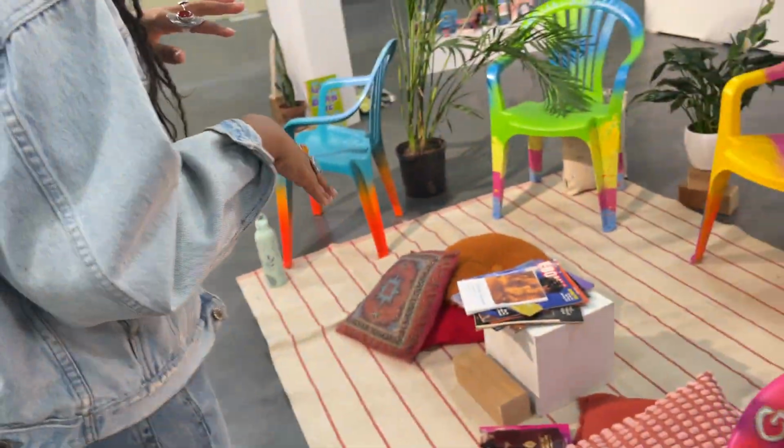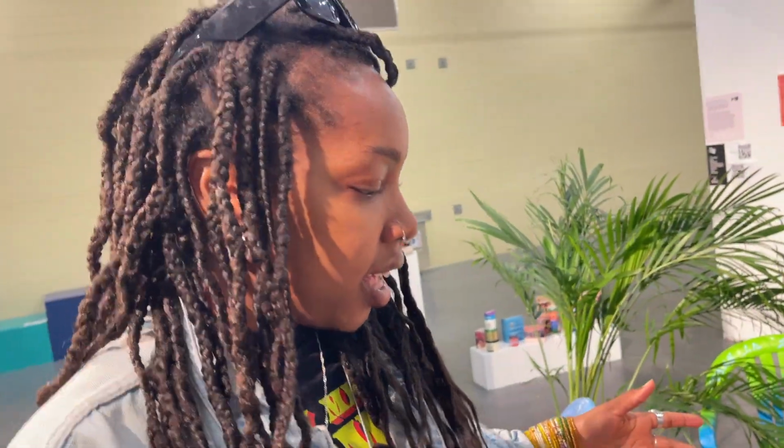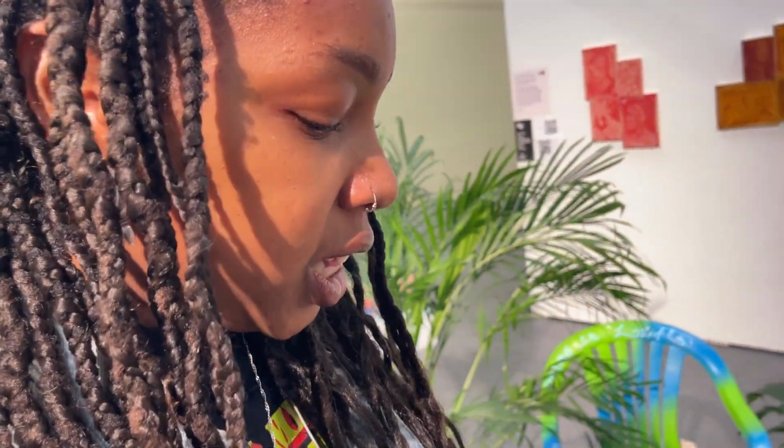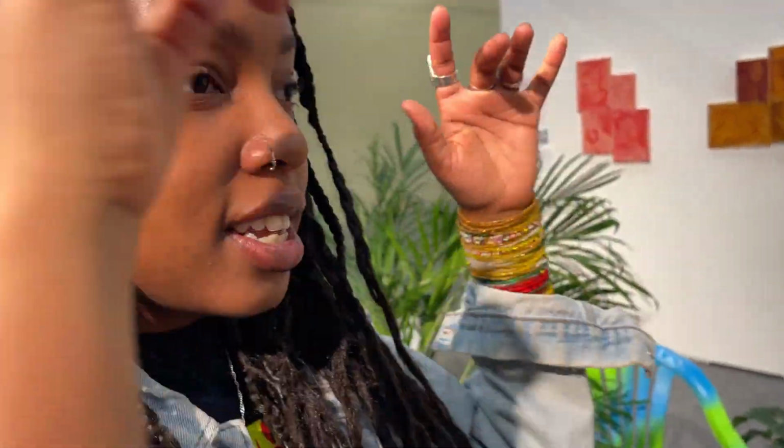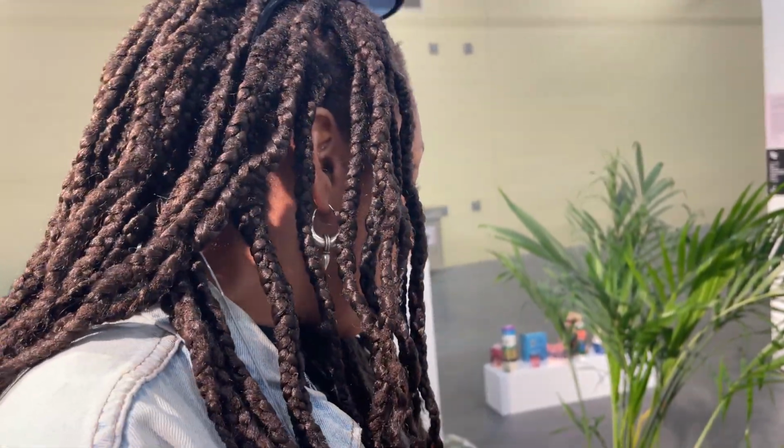And I wanted to make the salon space feel more living room style in this installation. Normally I have the hair dryers and there's a lot going on, but I wanted it to feel like you're in your mom's living room, or you're outside in the patio. Because when my mom used to do our hair, it was in the living room, and I was sitting literally on the floor. Maybe I'd have a pillow or something, but most of the time it was bum on the floor. And there's plants everywhere, books, where you can read,